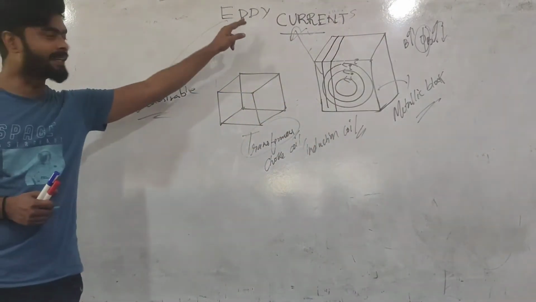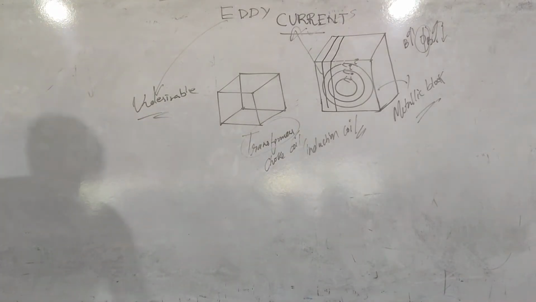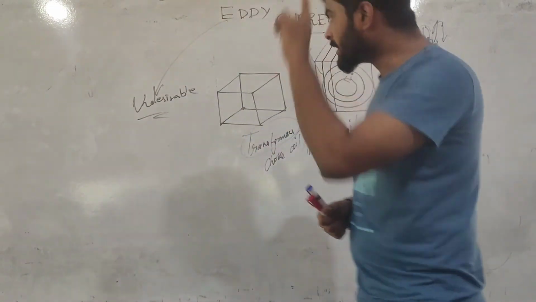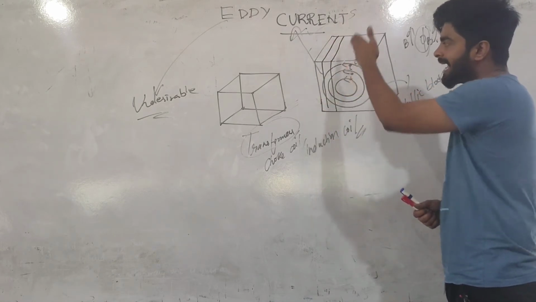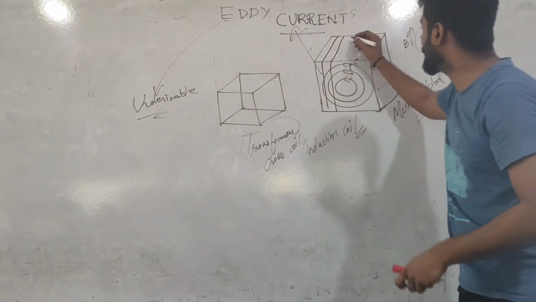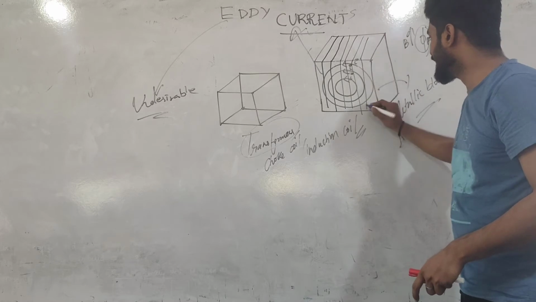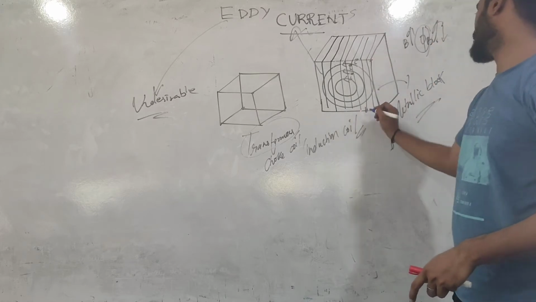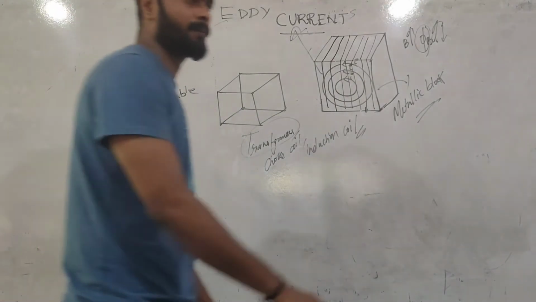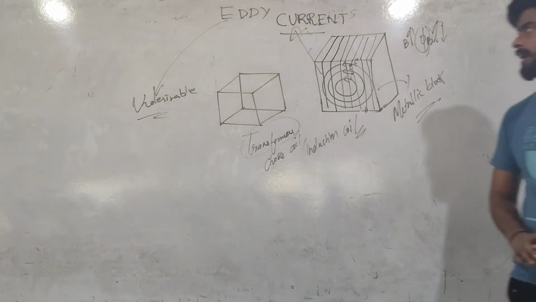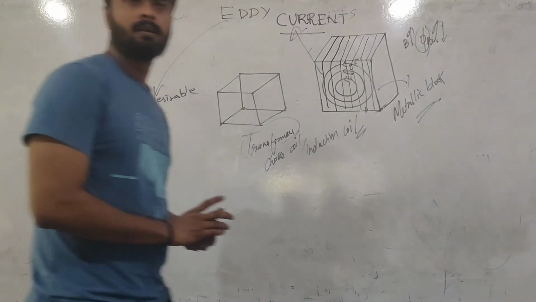So if you want to decrease eddy current in a transformer, choke coil or induction coil, you have to increase resistance. And for increasing resistance, what we do is divide this whole block into laminated thin sheets. Instead of using a whole block, we laminate thin pieces of metallic block, and we use it in devices like transformer, choke coil or induction coil. So they might ask you, how can you decrease eddy currents? Your answer will be, we will use laminated thin sheets of block.